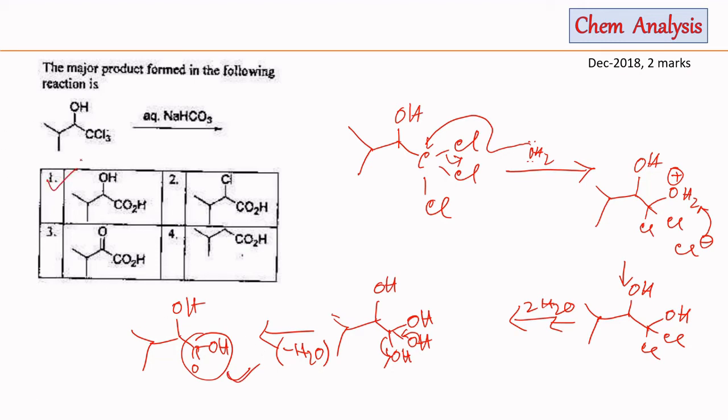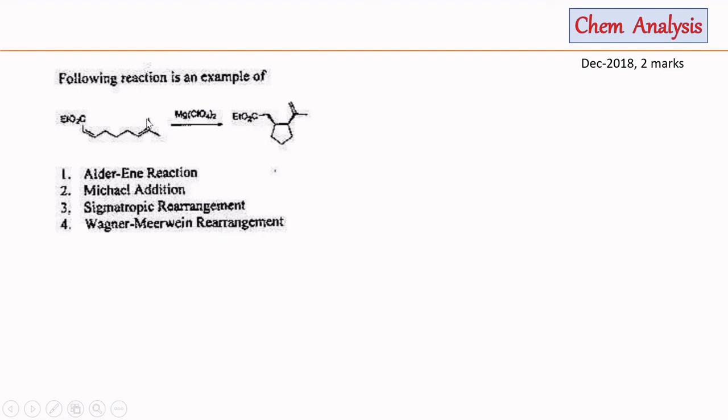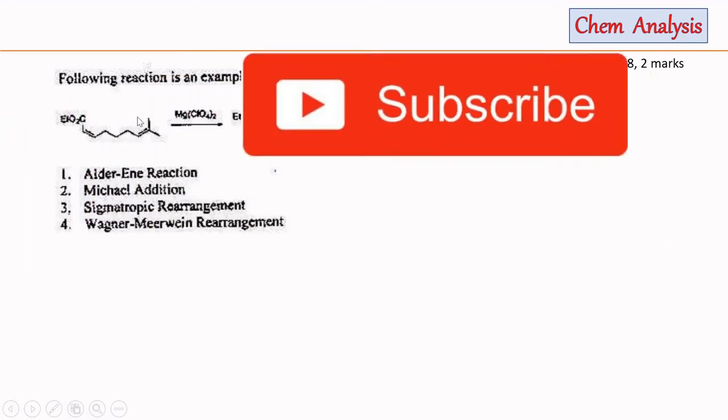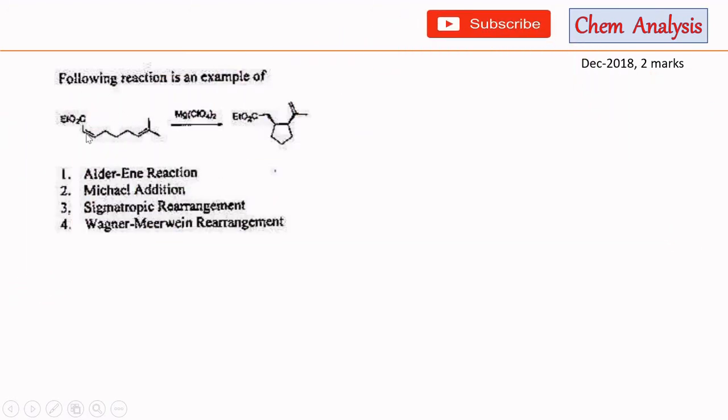and we can see that option number 1 is the correct answer. Now in this case we have to tell about the reaction through which this olefin species is forming this cyclized product. Here we can see that the reaction is taking place between an olefin and this allyl group. This part is allyl, since here is a double bond and here is CH, that means an allylic CH bond, and this double bond is taking part in the reaction with this olefin.